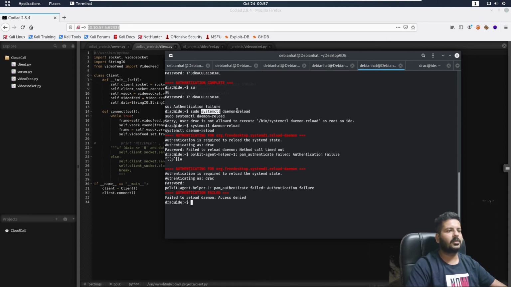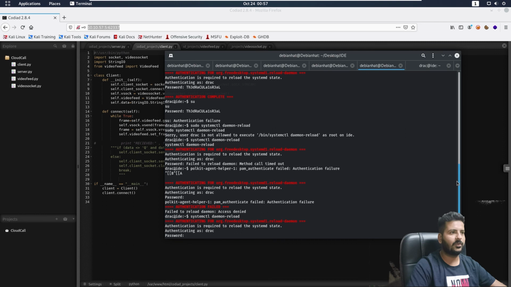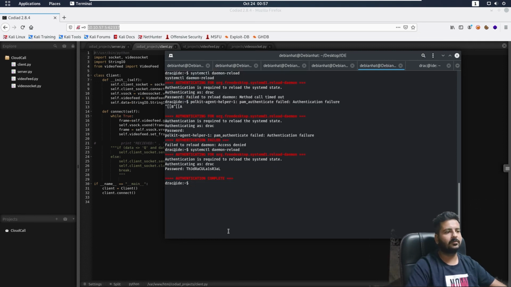Okay, I'll just copy it here again. I'm just messing around with some commands right here. Now it requires the password. I'll just simply copy and paste the password from there. There's the password. I pasted it right back.